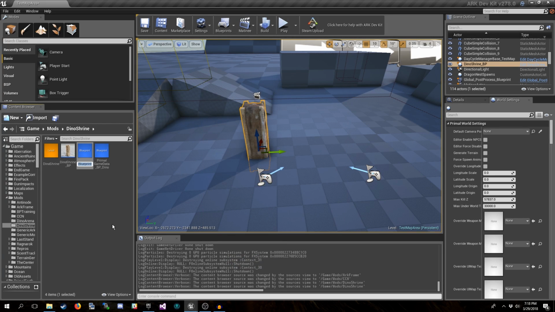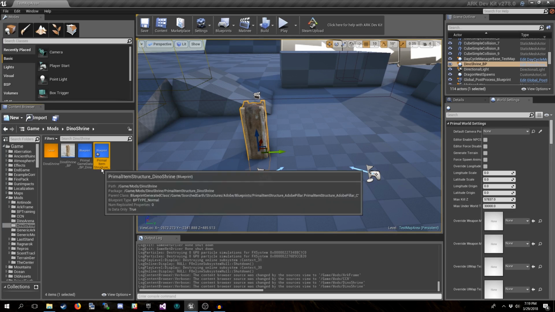Yep. And this is the actual item that sits in your inventory. So it's best just to name them with the same convention so that you don't get confused on what they are. So start it with primal item structure, and then we'll do Dino Shrine. Okay. And we'll save that.